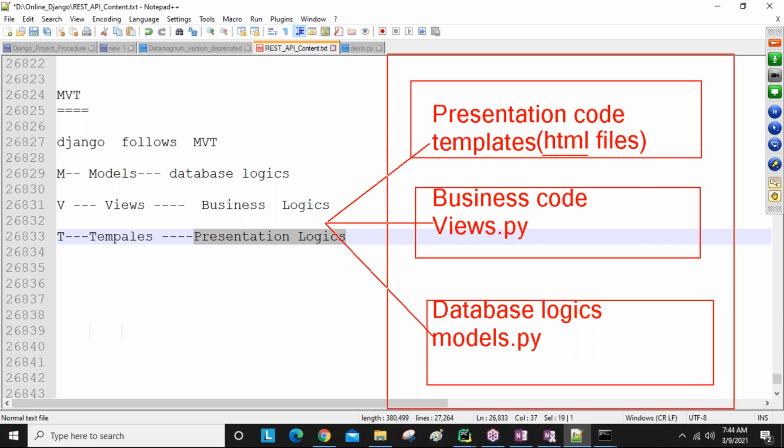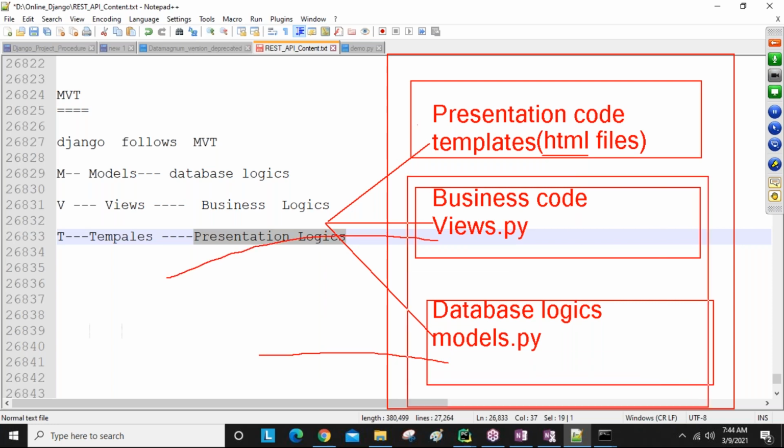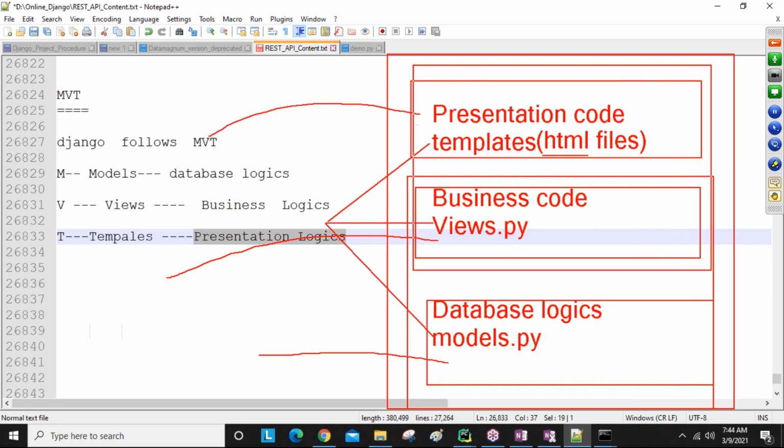So once after learning these three concepts, we are going to develop complete applications with the front end, back end, and database. In our sessions, some days we are going to discuss this one, some days that one. After learning these two things, we will combine them some days, and later all together.